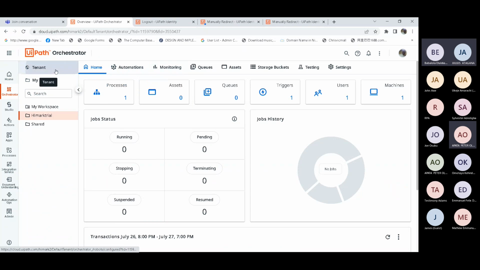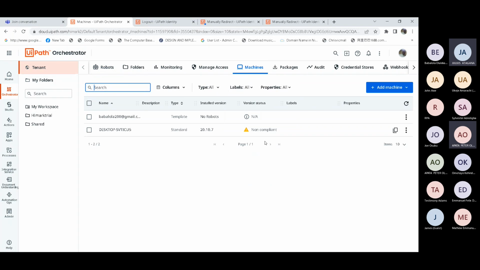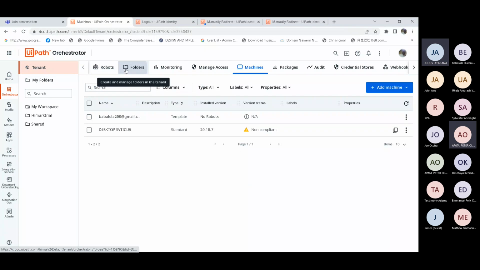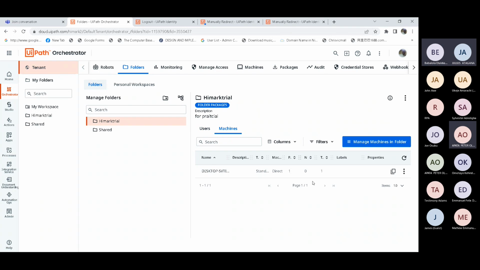That is tenant. Yes, machine folder. Okay. Then the machine. No, not that. Then go to the three dots and edit.